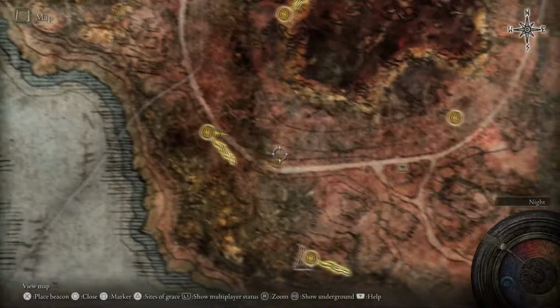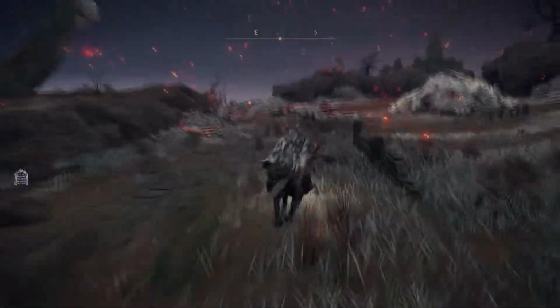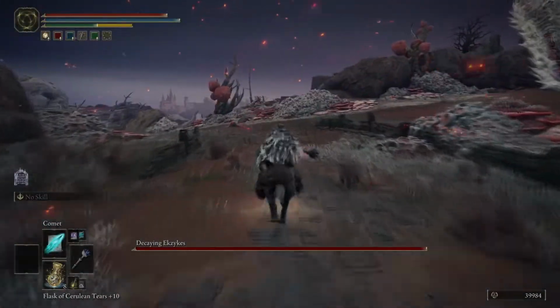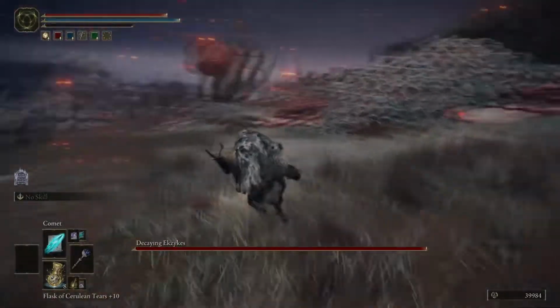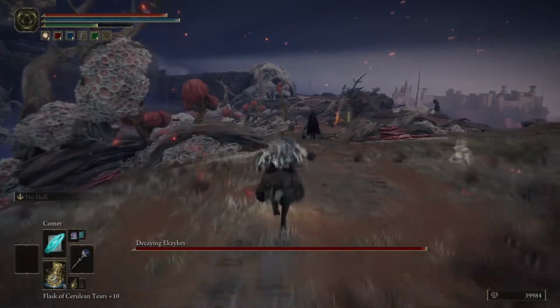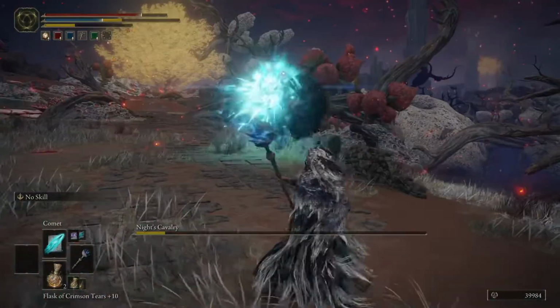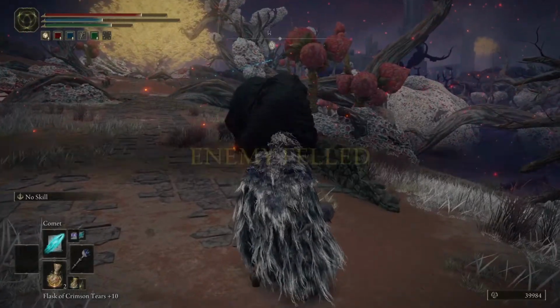Poison Moth's Flight. To obtain Poison Moth's Flight, you actually have to make your way to Caelid. I recommend going to the Dragon Communion Site of Grace if you have that unlocked. And you're going to make your way towards that forked road, and make sure you're doing this at night because you're going to have to defeat another Knight's Cavalry. However, upon defeating him, you're going to obtain Poison Moth's Flight, and what makes this Ash of War so unique